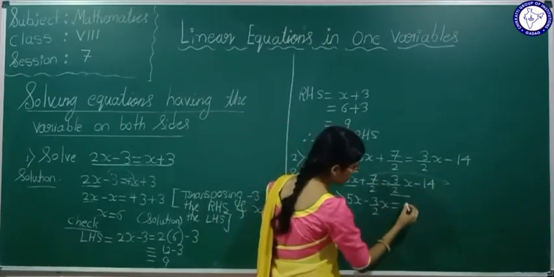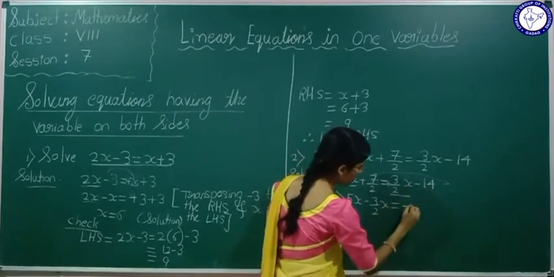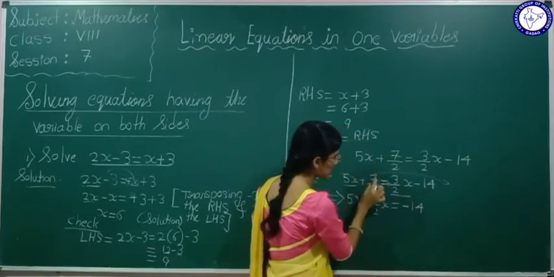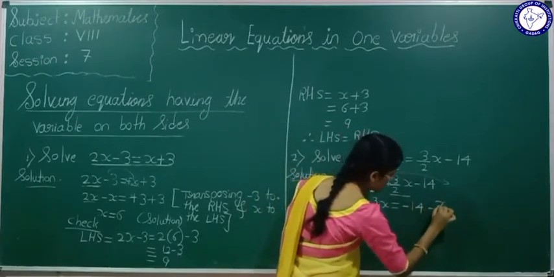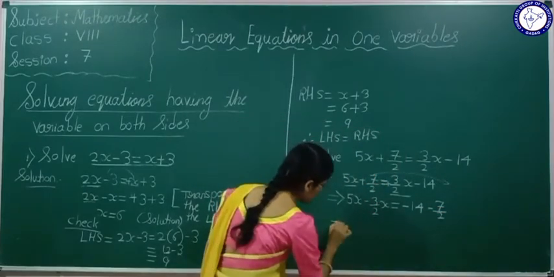Here is 14, is equal to minus 14. If you transpose this, here plus 7 by 2 is there, it will become minus 7 by 2. So this implies,